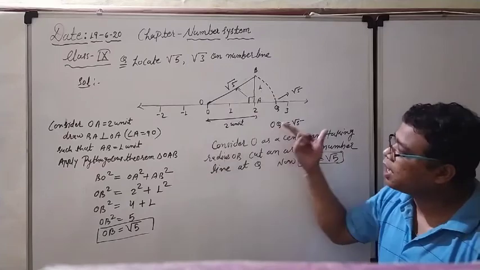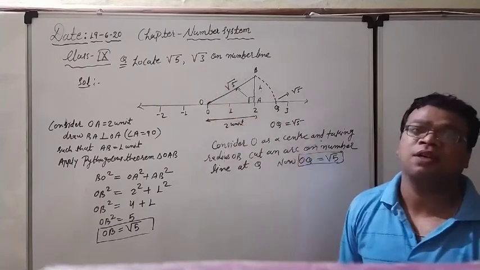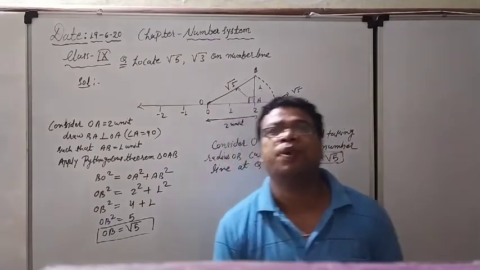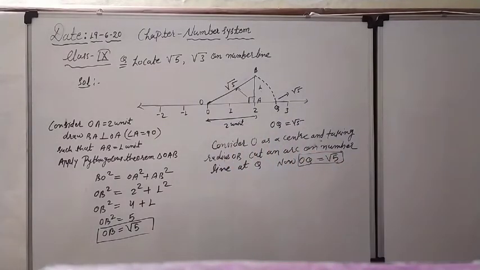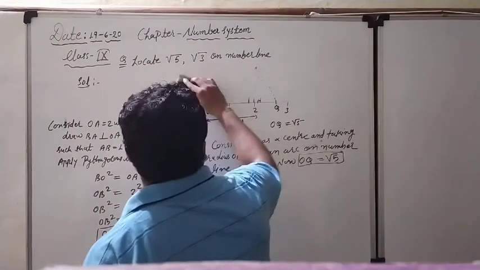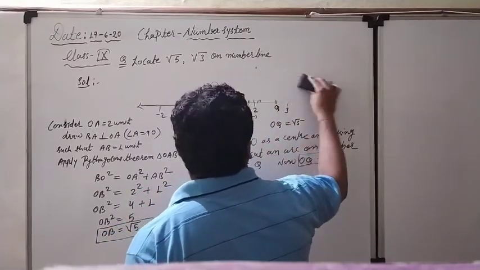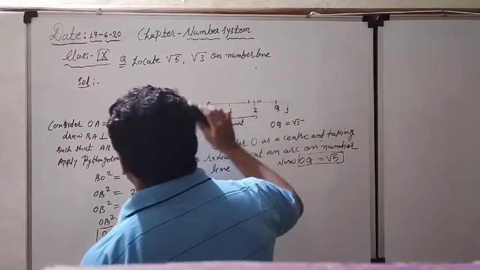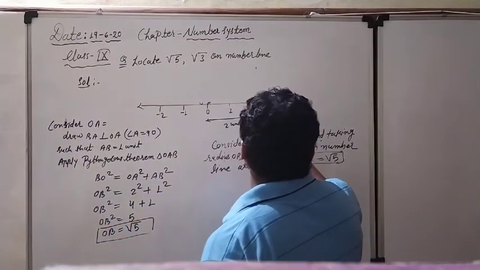These are all the things I have drawn here, I have told you, and right now we have to move towards the root 3 unit. How to represent root 3 on the number line? Right now see here. I am rubbing the board. Look, only little changes we have to do, so no need to worry at all. I will only change some of the things.